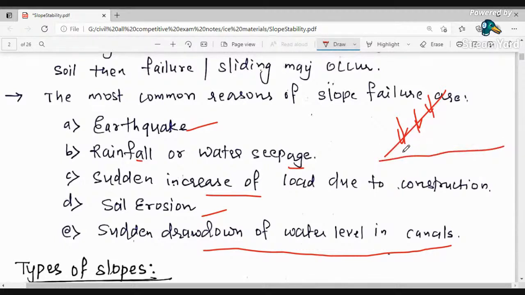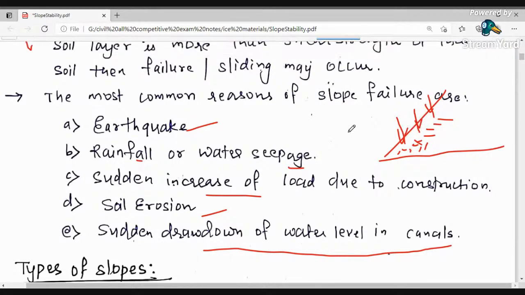slope, the soil particles or the shear strength of the soil below the surface of the slope become loosened. That's because of rainfall, and also because of water seepage. Water seepage means when water is percolating through the slope, then also the slope failure increases. Then sudden increase of load due to construction. Suppose here we put a heavy building,